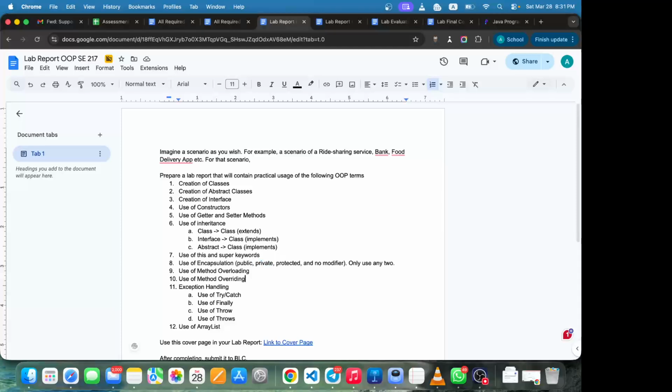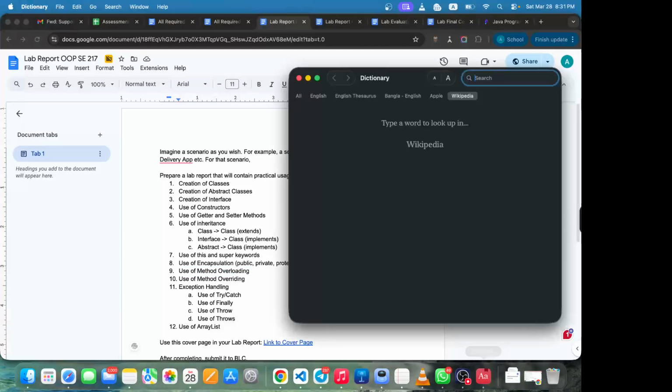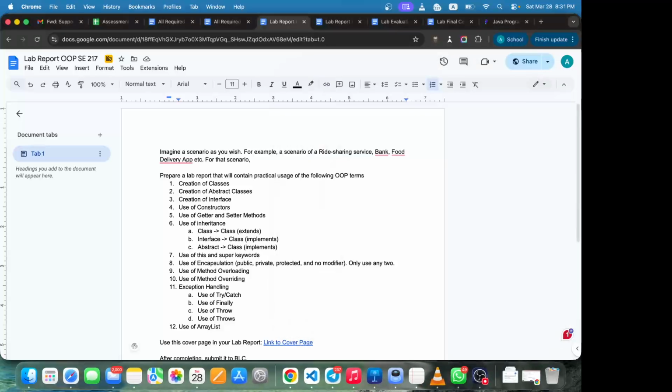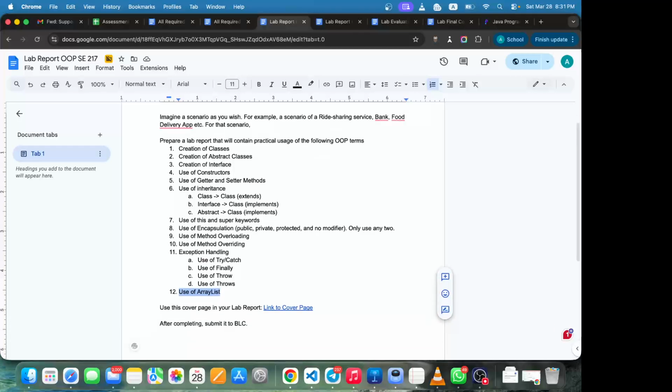Then show an example of method overloading, show an example of method overriding, and then show an example of exception handling. Use try catch, use finally, show the use of throw, show the use of throws, and you will also need to show the use of the array list. Okay,